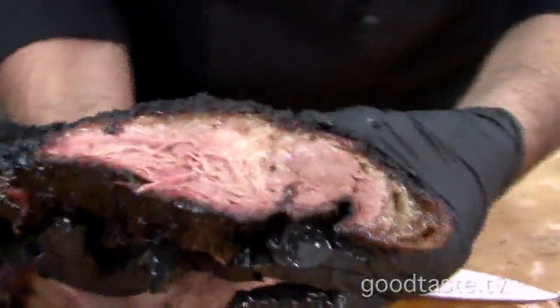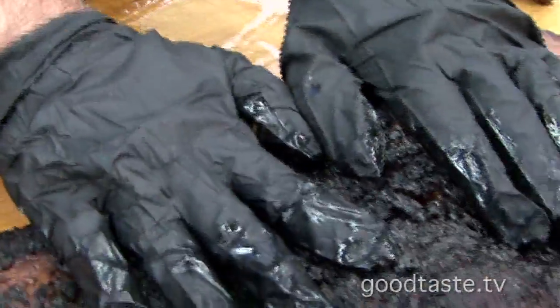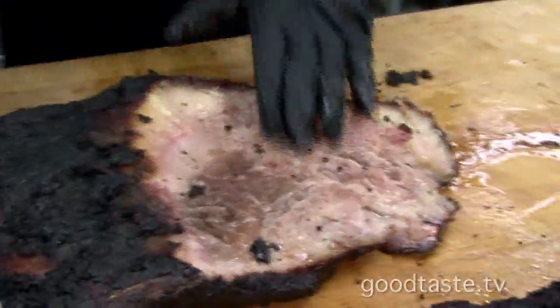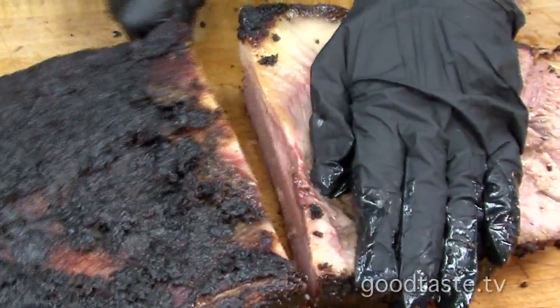And you can see that beautiful red ring that happened. So this means this was correctly smoked. And I can show you here. This is off the cap. Ooh, did I get you? This is off the cap, and you can see that beautiful ring that's just starting up here on the top. So again, this came off there, so we're going to reserve this as fatty, and then we're going to reserve this. The next thing you want to do is cut it straight down the middle and break it up into